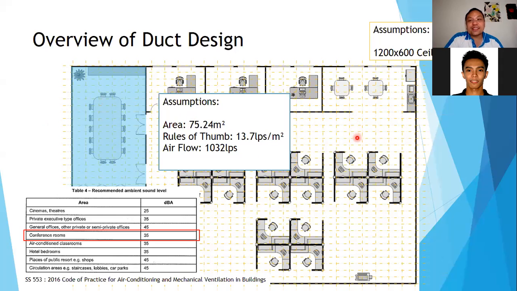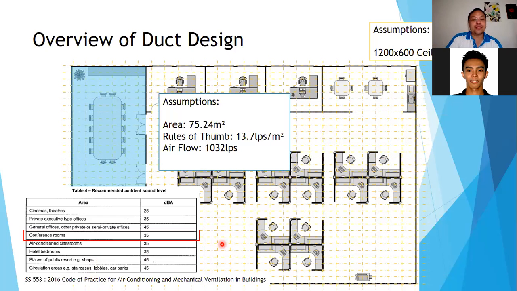The orange line is the ceiling grid. This is the proposed or assumed ceiling grid. If you notice, this ceiling grid is rectangular in shape. We used 1,200 by 600. This 1.2 by 0.6 is a standard ceiling grid for office spaces. There's also 600 by 600, but this time we use 1,200 by 600, the standard ceiling grid for office spaces. So you can see here at the bottom corner,